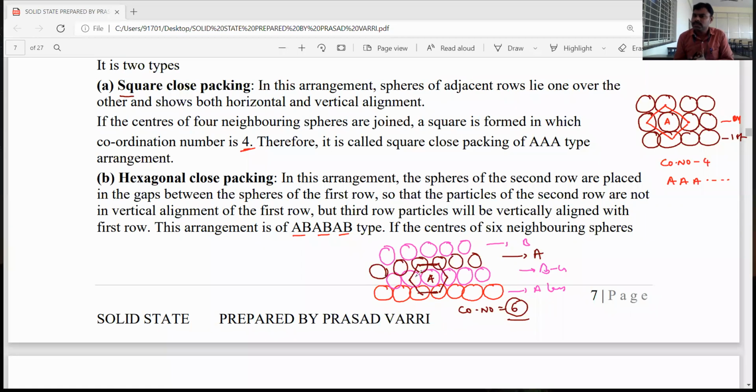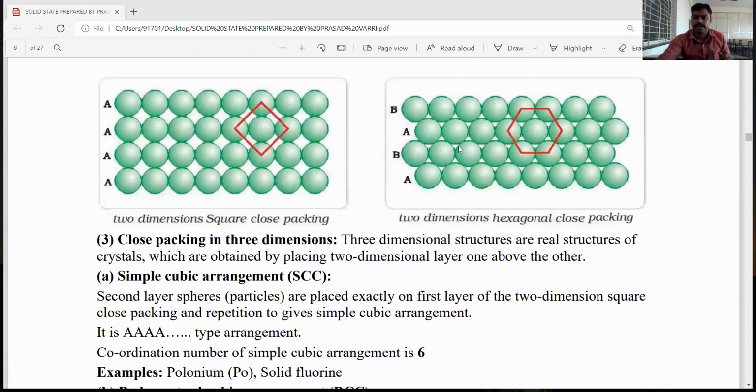There are different types of 3-dimensional layer arrangements present in simple cubic unit cells, face-centered unit cells, body-centered unit cells, and hexagonal close packing unit cells. What kind of layer arrangement is present, we need to discuss, and it is very, very important, dear students. To understand 3-dimensional, we must understand 1-dimensional and 2-dimensional. 2-dimensional is of 2 types: one is square close packing, and the second is hexagonal close packing. Okay, just imagine the diagrams.